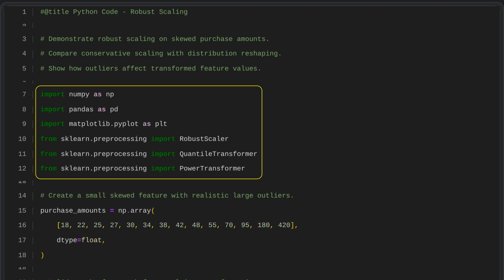We import key Python libraries for data analysis and preprocessing. NumPy supports numerical work, pandas organizes structured data, and Matplotlib creates visualizations. From Scikit-Learn, we use scaling and transformation tools to handle outliers, reshape feature distributions, reduce skewness, and make data more